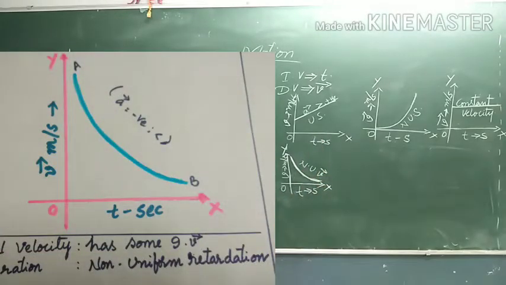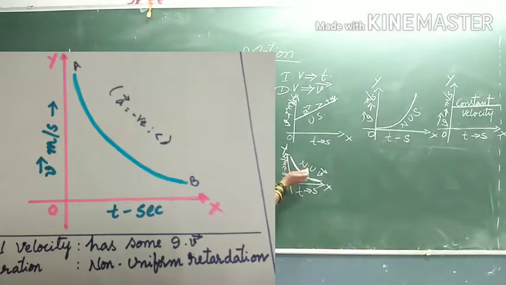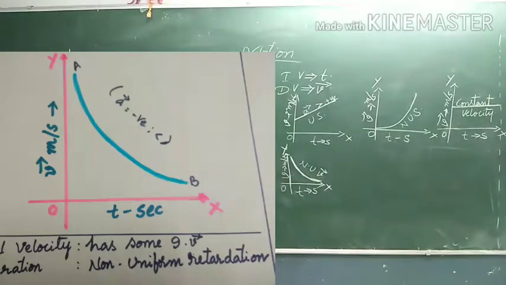In velocity-time graphs, you will be calculating the magnitude of velocity and speed here. So this is retarding, this is also retarding, but the difference in these two cases is that acceleration is negative in both, but this is non-uniform velocity, that is, variable velocity. With non-uniform velocity, acceleration is negative. Yes, have you understood?